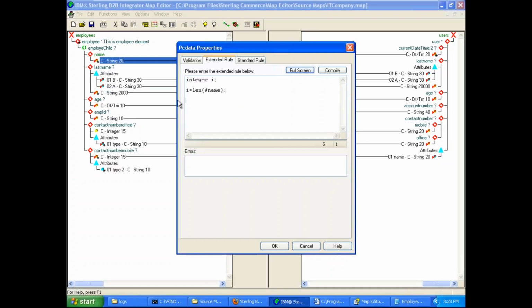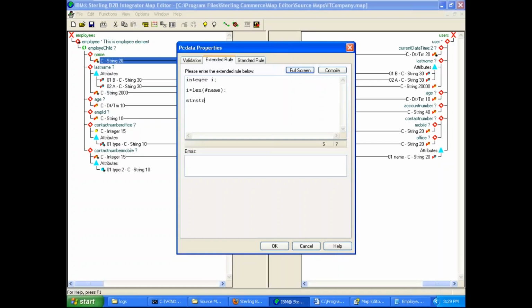If you know Java, in Java we have a function called contains. Using that function, you can find out if a specific character or sequence of characters is present in the particular string. In the same way, you have